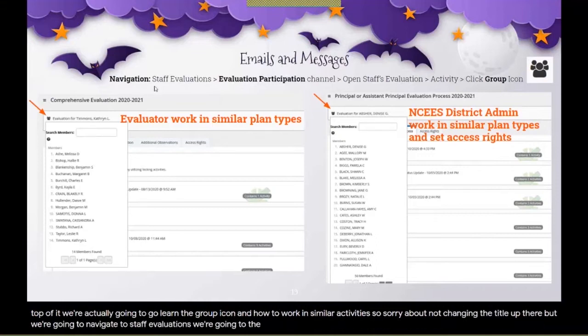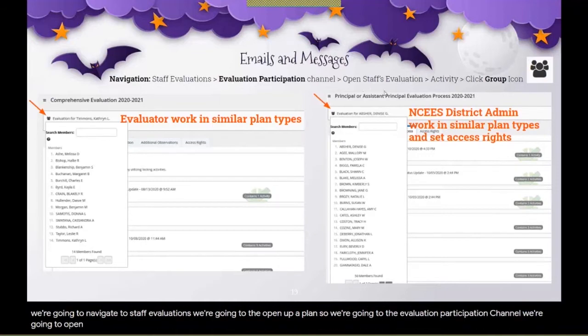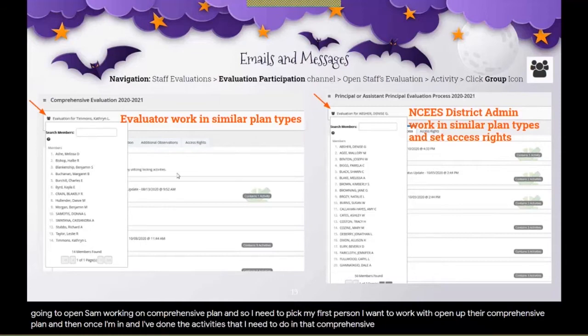We're going to open a plan. So we're going to the evaluation participation channel. We're going to open, say I'm working on a comprehensive plan. So I need to pick my first person I want to work with, open up their comprehensive plan. And then once I'm in and I've done the activities that I need to do in that comprehensive plan, if I'm a principal administrator,